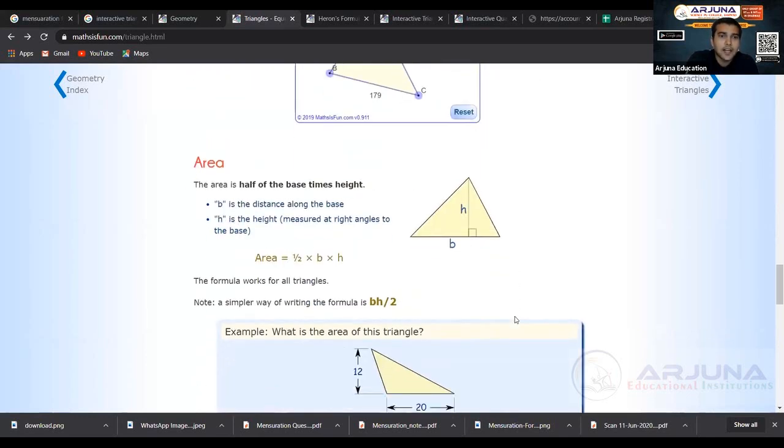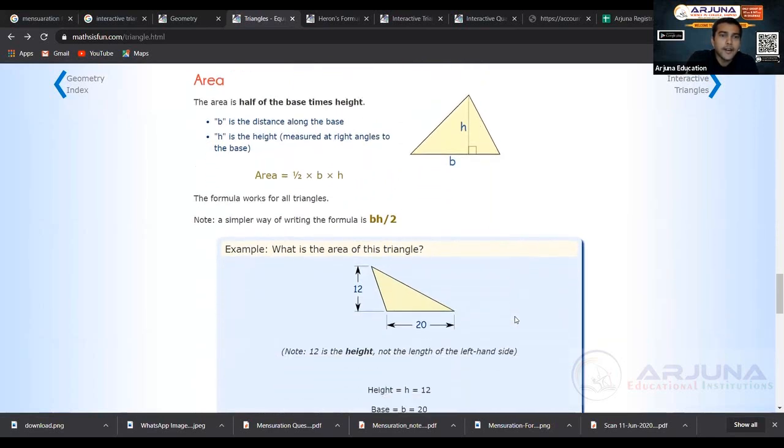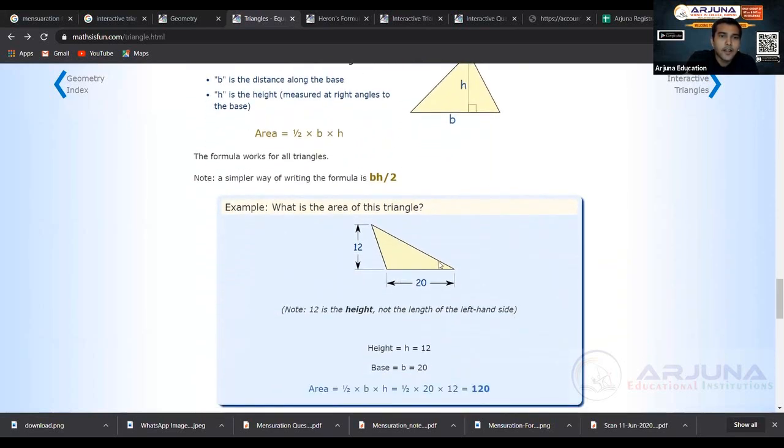So area of a triangle is half into base into height. Then how do you find the area of this kind of triangle where the height you don't know? That height of a triangle, we also call it as the altitude of a triangle. You have heard this word before, altitude. Altitude means the height. In general also we use what is the altitude of a person or the altitude of a character. Altitude means that greatness or the height. So here in triangles also, altitude means height.